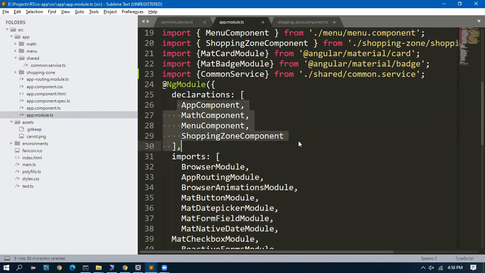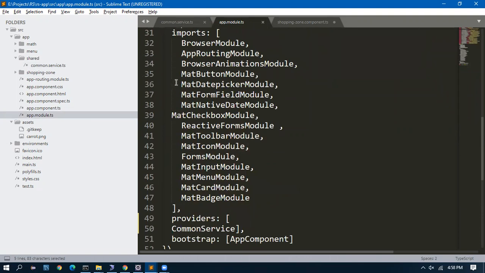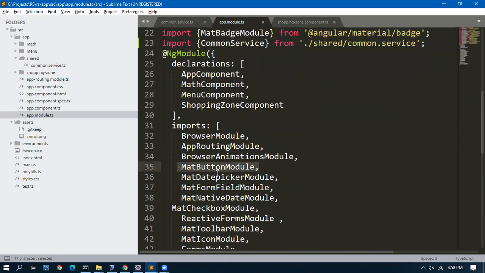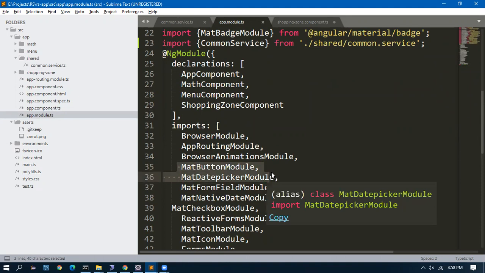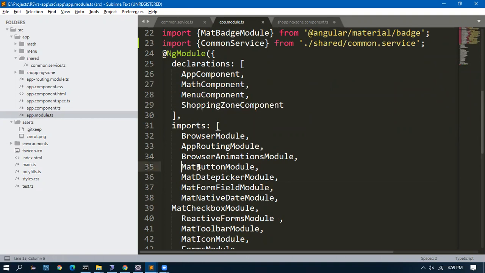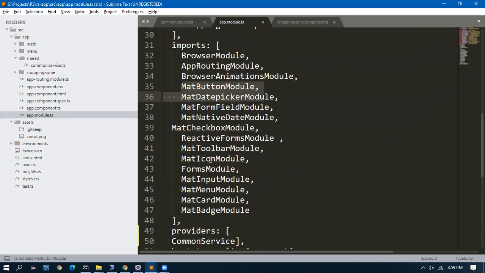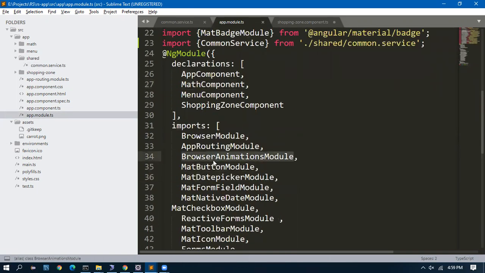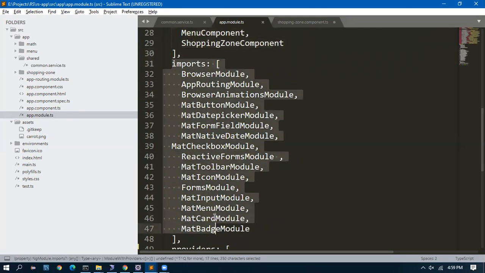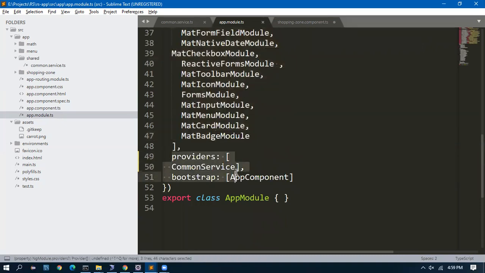Components we have to provide in the declaration. Modules we have to provide in the imports. You didn't include this mat button in the declaration part. You only gave it in the import part, because this is how things have to be done. Components in the declaration, modules in the import. We didn't give a component in the import section, correct? Yes. So component has to be given here, modules in the import, services in the provider.